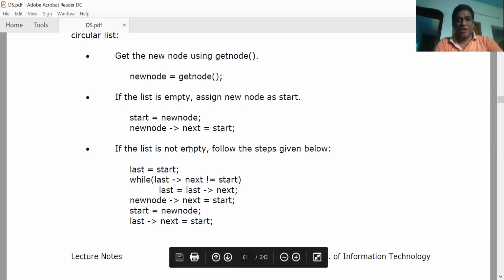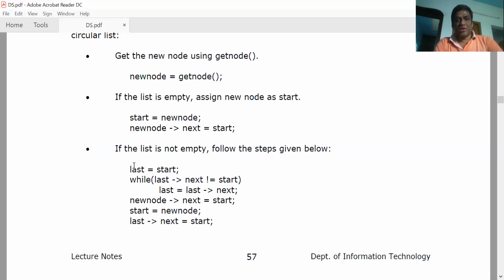Then if the list is not empty, what we need to do is take a temporary pointer, the name is last, and initialize it to start. You can better take it as temp. Temp is equal to start. Then while temp next not equal to start, temp is equal to temp next.